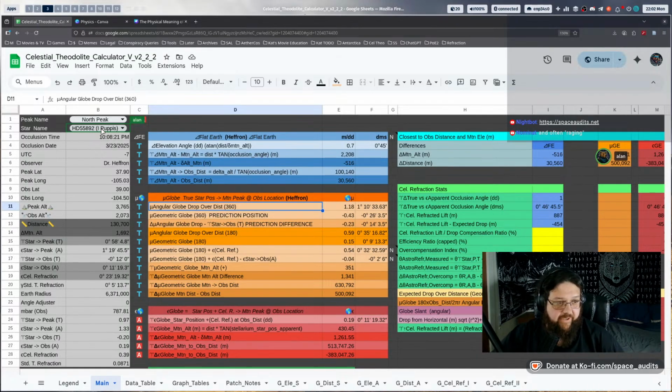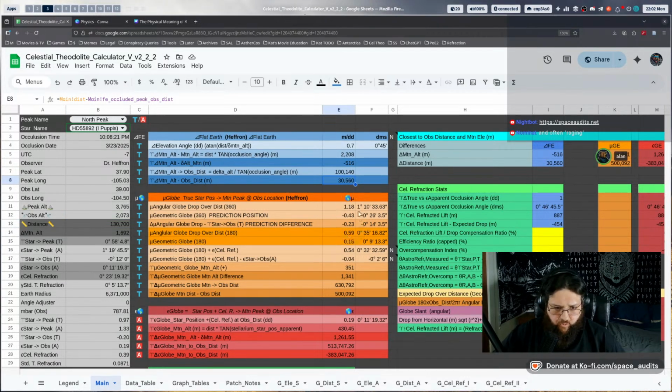Okay, so here we have iPuppus. We got a rise over run of 45 arc minutes, an elevation derivation of 2,200. The actual elevation was about 1,700, let's say. So we're off by 500. We got a distance of 130,000 meters. We derived the distance of 100,000 meters. We were off by 30,000.